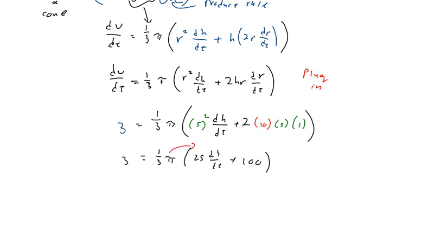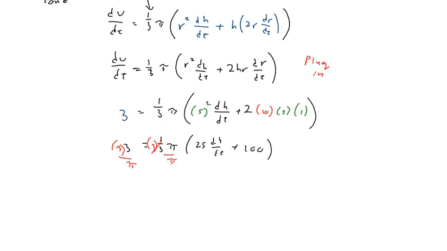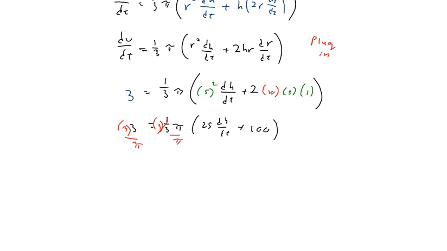Or, you know what, no, I'm going to multiply by 3 on both sides to cancel the 1/3 and divide by pi. Let's just do that. That's easier. So I get rid of the 1/3 by multiplying by 3, dividing by pi. So I got 9 over pi equals 25 dh/dt